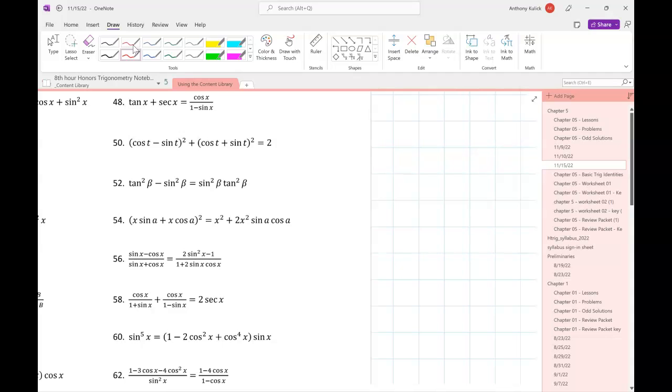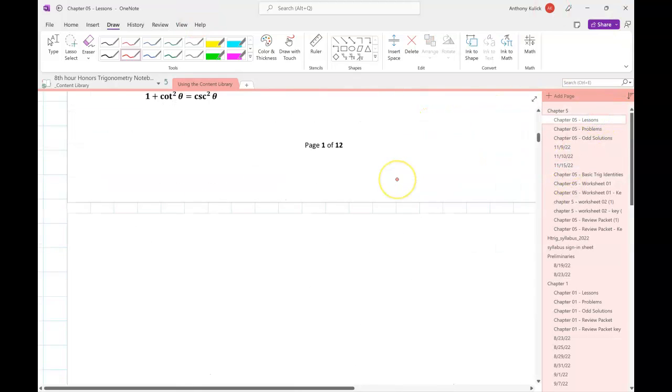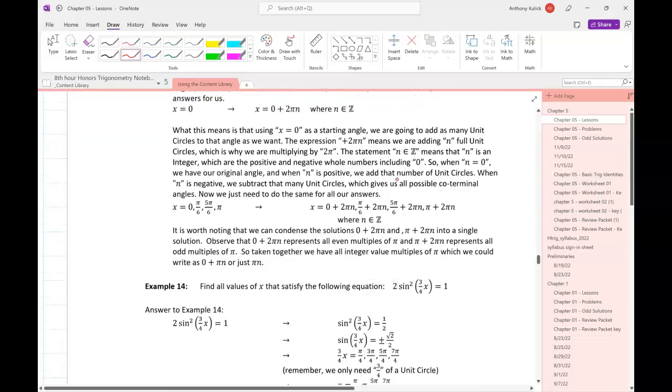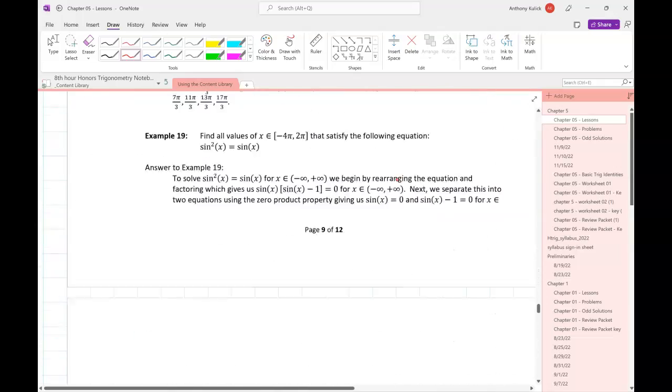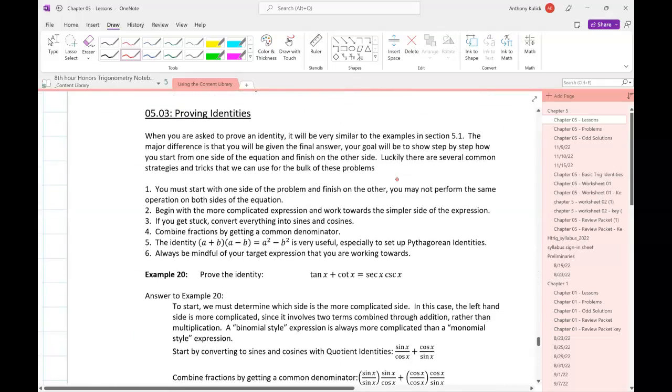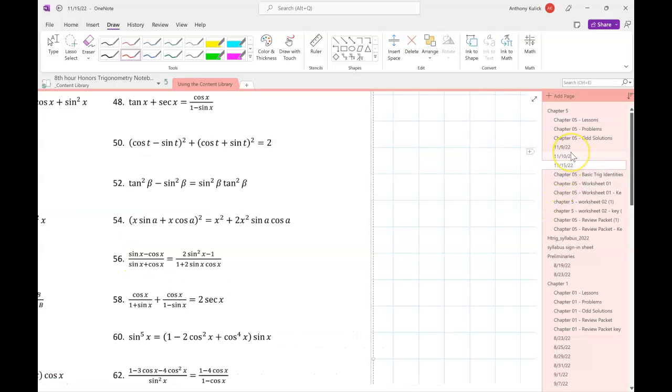So again, if you go back and look back to the lesson, I suggested there were some helpful hints on getting started on these things, some guidelines. One of them is that this difference of 2 squares is useful. And then number 6 is to be mindful of where you're trying to get to. So I just wanted to point that out before we get going on this. If I look at 56 here,